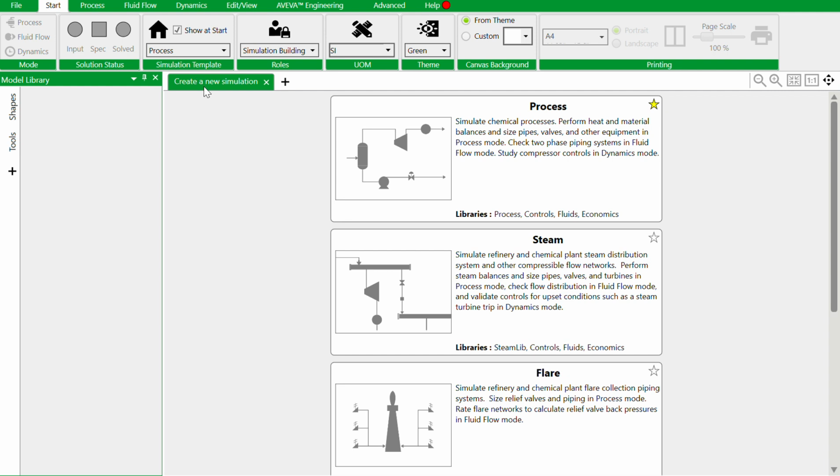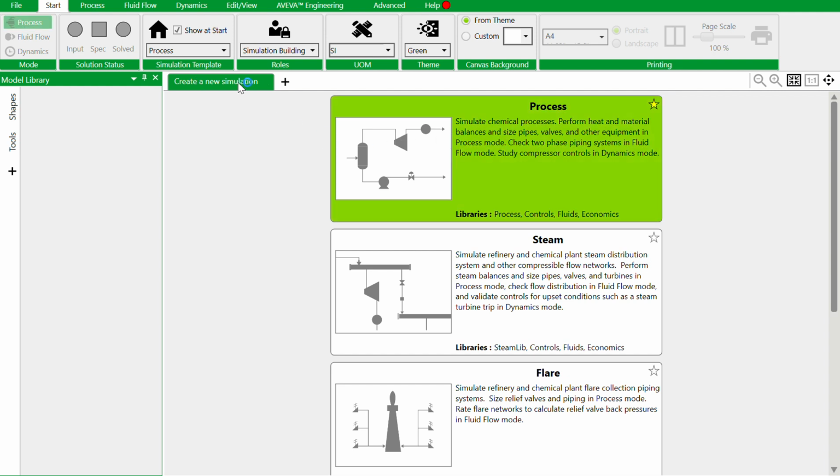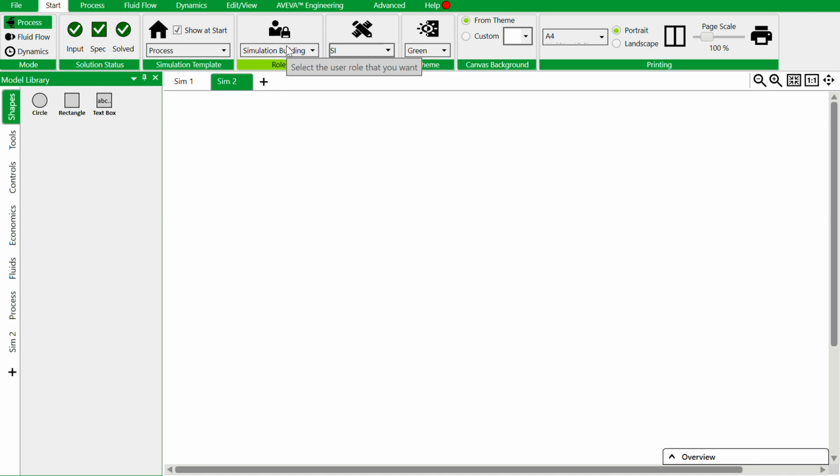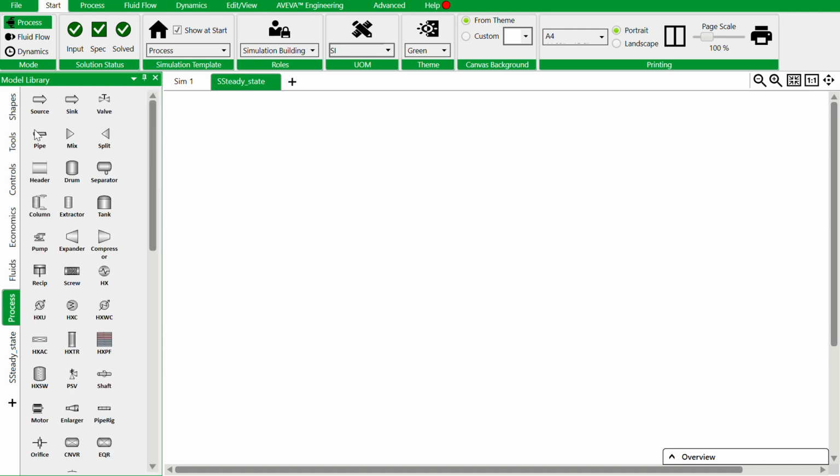So to create a new simulation we go ahead with the process. We are not developing a new model, so we skip the model writing in this lecture, and we have selected SI units. We can rename this as steady state. To proceed, we develop a model with reference to the available models